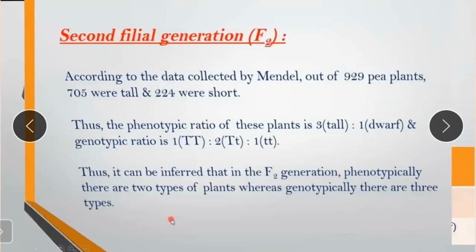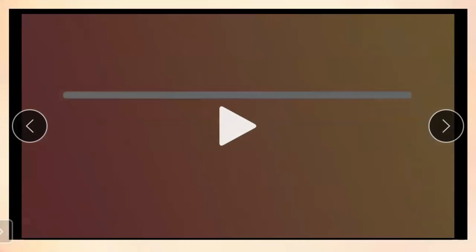Up till here you understand, this is all about the monohybrid cross, where we have seen only one type of parents. Okay, but when we crossed with another, then also we got the ratio of 3:1, 3 tall and 1 dwarf. 3 tall means what? Dominant. The pure TT is a dominant. One capital T, one small t, it's not pure dominant, it's showing the tallness, but it's not pure. Okay, and the last one, small tt, it's a recessive, means it's a dwarf plant. So my dear students, up till here you understand what we have seen. We have seen about the monohybrid cross.